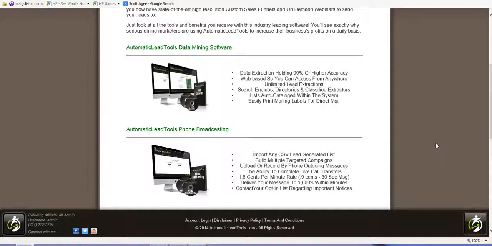Now, some other reasons that you're going to want to buy this software is that not only can you use it to sell it like we're talking about here, but you also could be your own advertising agency. You also could pull lists like that and sell lists of leads to businesses. You could generate lists, right? Get them targeted to a niche and sell them to companies. We have hundreds of agents who sell leads to companies without ever selling software. They only sell leads. All right.